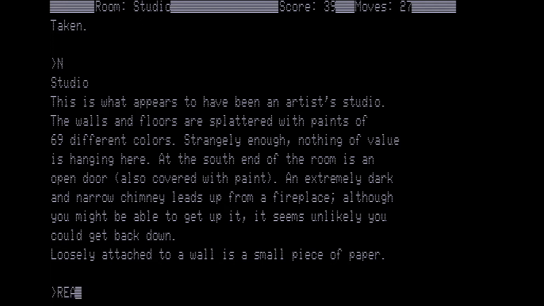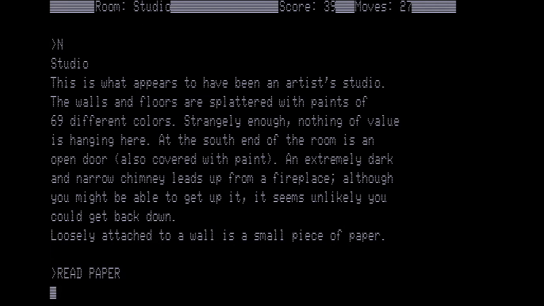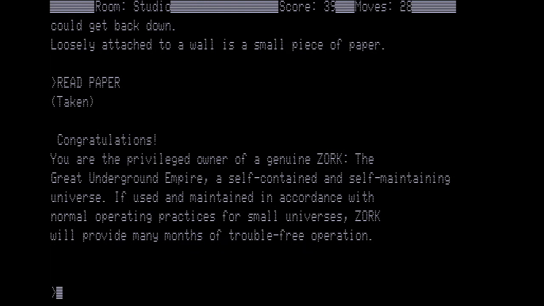So let's read the paper. Congratulations, you are the privileged owner of a genuine Zork, the great underground empire, a self-contained and self-maintaining universe. If used and maintained in accordance with normal operating practices for small universes, Zork will provide many months of trouble-free operation. Well, look at this. It's provided decades. Now let's drop the paper,